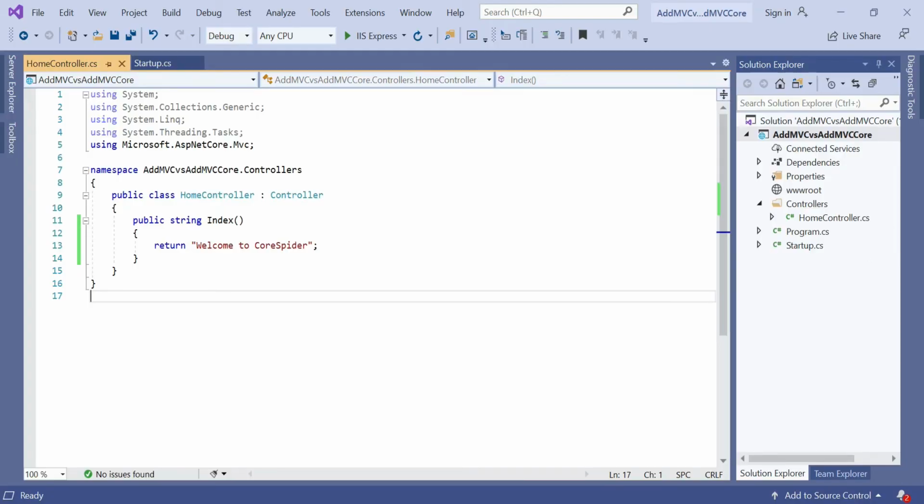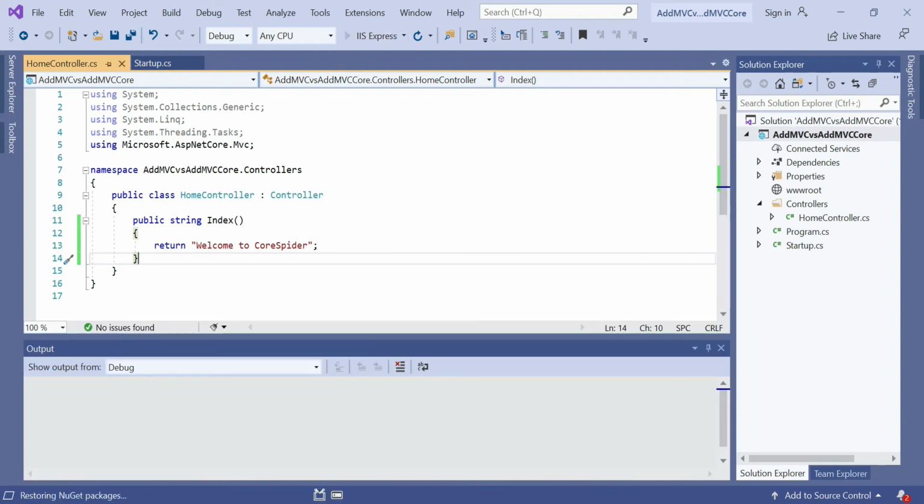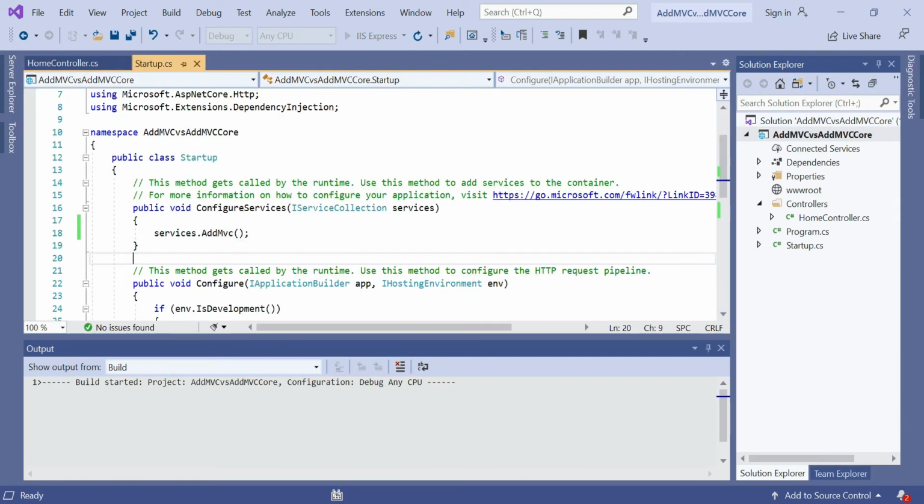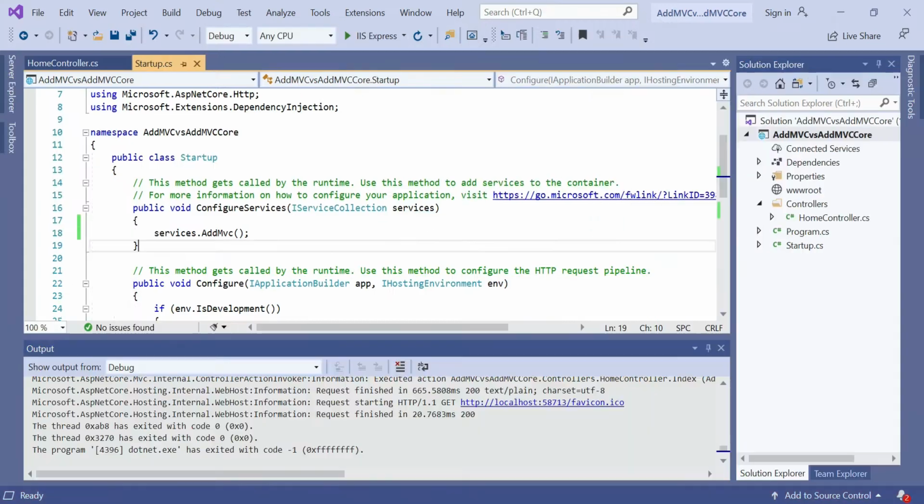Here in this example, we have created a controller, and in the controller we have written a simple string method. That string is written to the browser. Let's run this application and see the result. And in Startup.cs we have used the services.AddMvc method to register MVC in the ASP.NET Core application. You can see here the string result is appended. Let's change it to AddMvcCore and run again. Also the same result is printed.